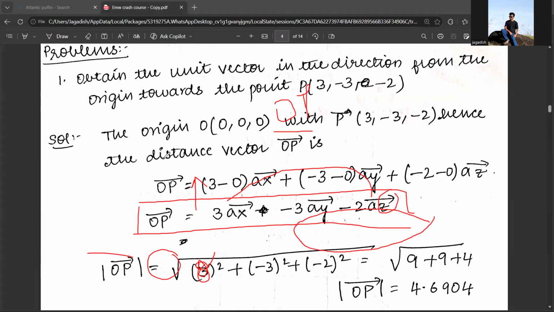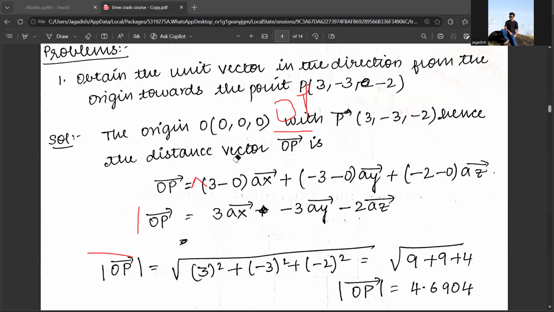So next, find out OP. The magnitude of OP, I already told you, you have to take the under root of whatever the vector you have got, along with sign. Along with sign, that is 3 actually. What is the magnitude, students? That is 3. So under root of 3 the whole square plus minus 3 the whole square plus minus 2